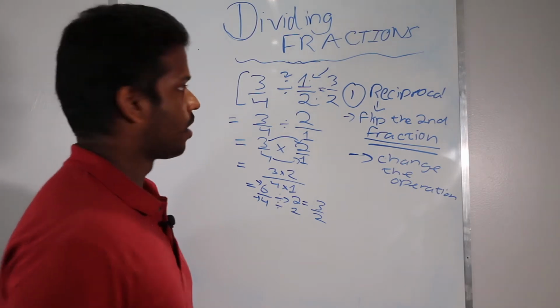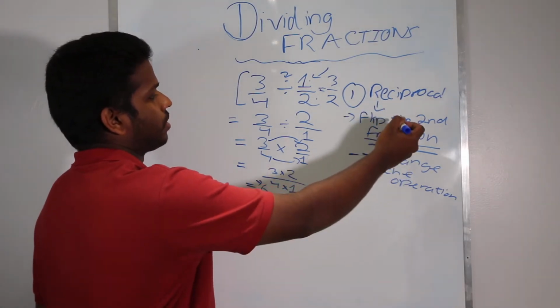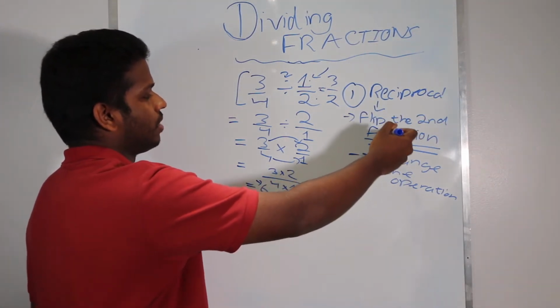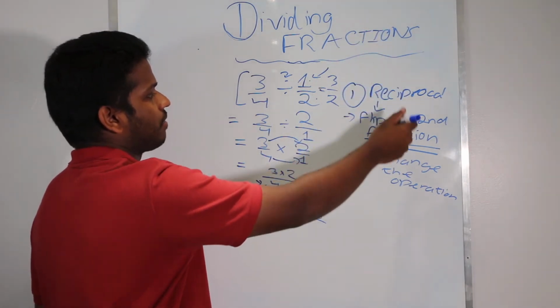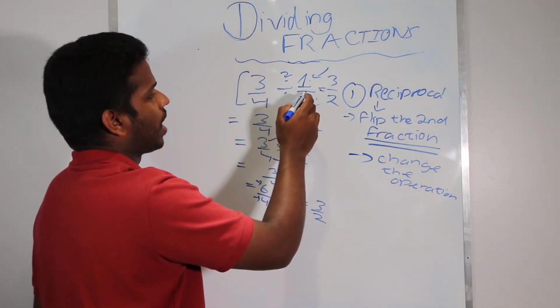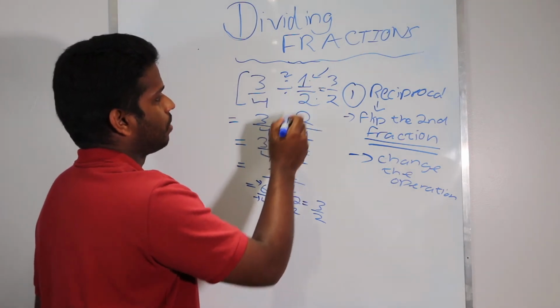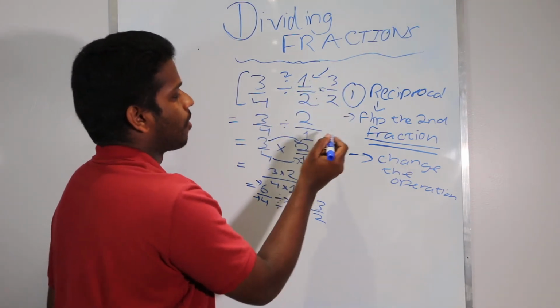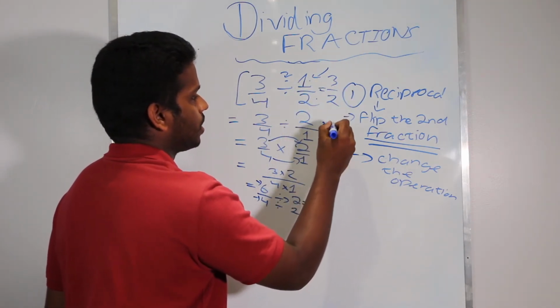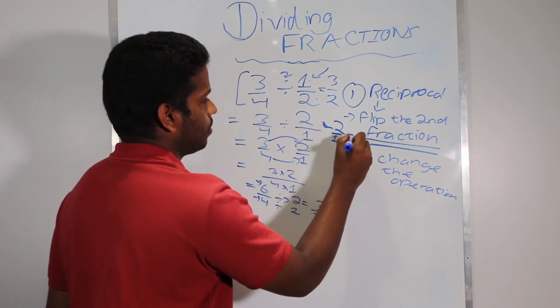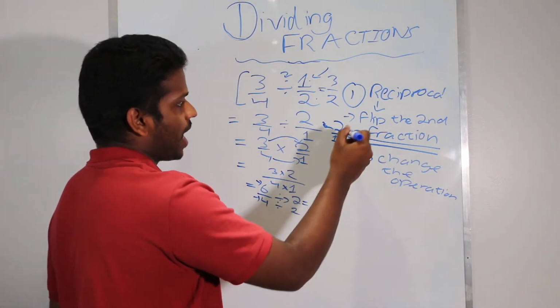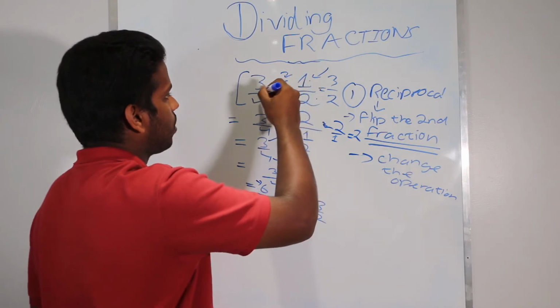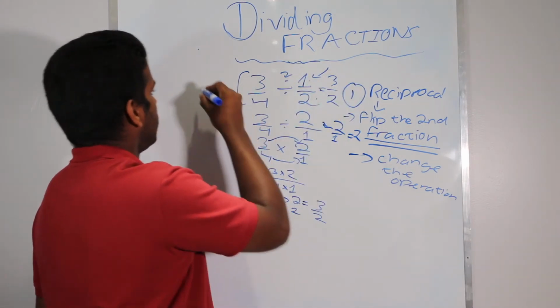So see how we followed that step? Reciprocal: flip the second fraction. In this case, we had to flip the second fraction. So if it's divided by a half, we'd flip it. A half, when we flip it, is 2/1, or it is 2. 2/1 equals 2. And also when you're dividing by a whole number, like 3/4 divided by 2,